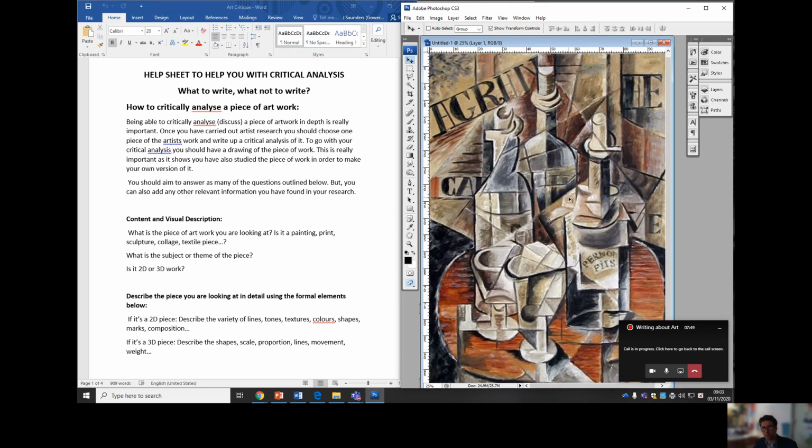Okay, so we'll give the name of it, this particular still life, and we'll say that, well, this is a painting. He's painted it in oil paint. The subject piece is a still life of bottles of Pernod, which is an alcoholic drink, and there are glasses on the table. Looks like a small round wooden table. In the background, there are lots of names, possibly that were written on the walls. It's all broken up and it's fractured. So you start describing it. You say what you see.